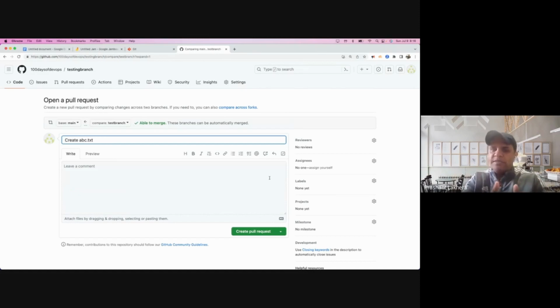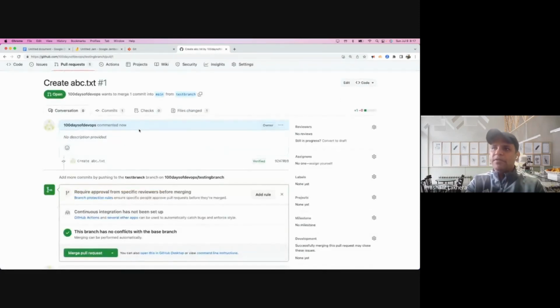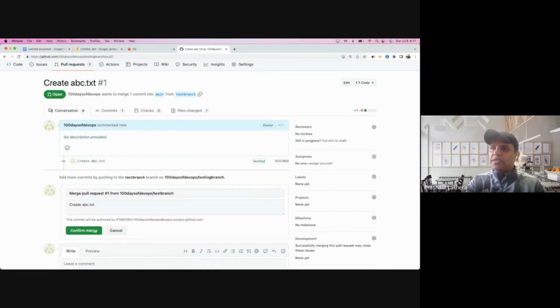What has been changed between this branch A versus this branch B? And then merge those changes back to the main branch. I mean, that is the main point of Git, right? We have different features which we are working on or different kinds of bug fixes, and then we are bringing all those features from those branches back to our main branch where we are going to release those changes to production. So we are going to create a pull request, right? We have done commits, everything. And now if you do this merge pull request,